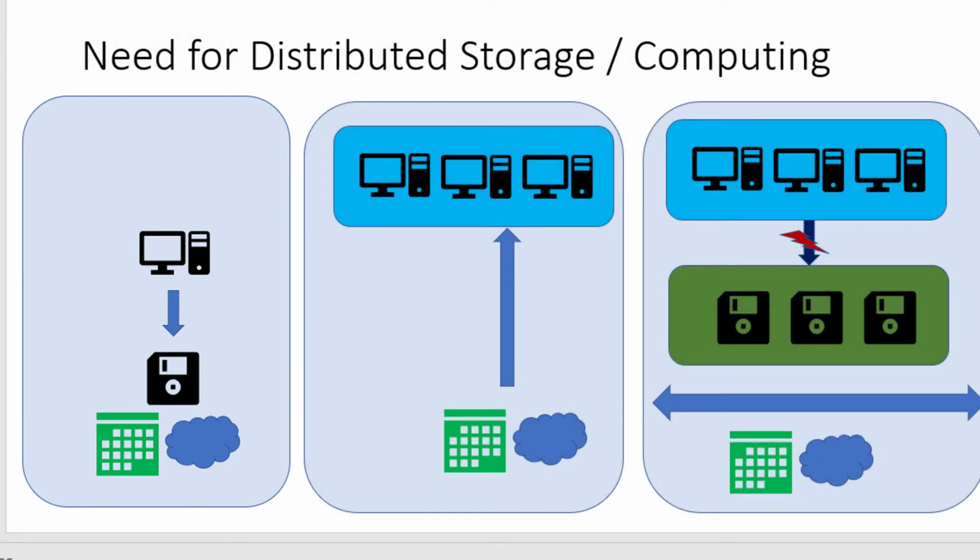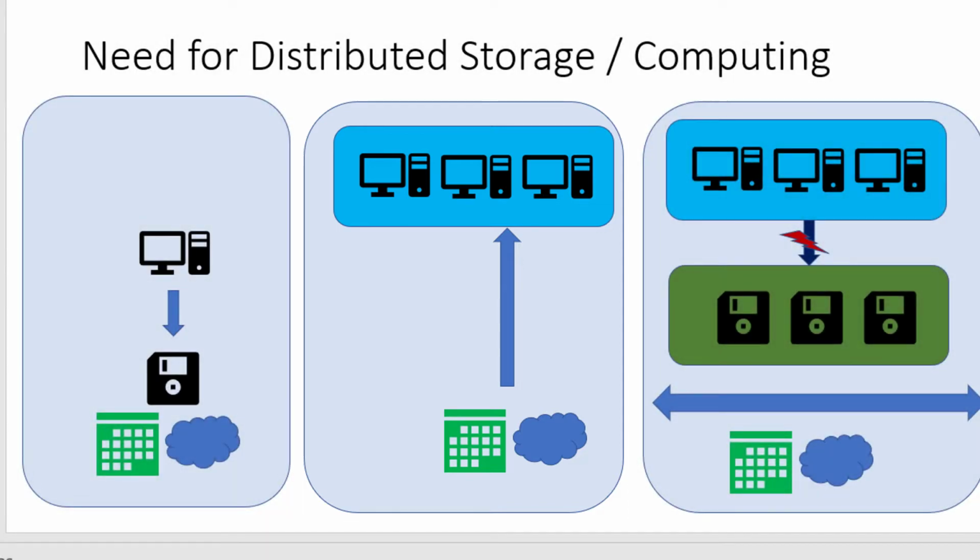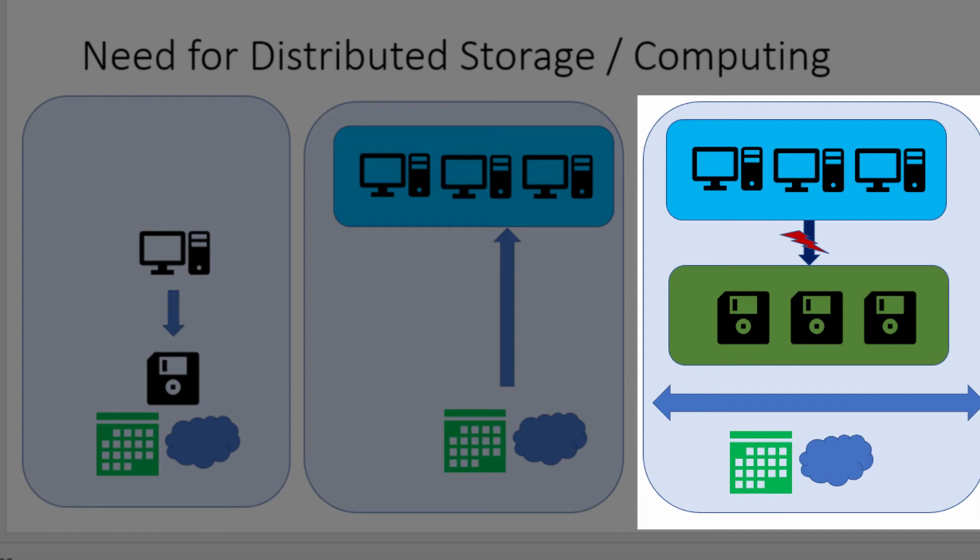And over a period of time, the technology on distributed computing evolved, and the same data can be analyzed or processed with multiple systems in parallel. When we do that, we can increase the processing speed or the processing capability and get the result faster. And still further, the amount of data that we wanted to store grew drastically, and a single system was not sufficient enough to store the entire data.